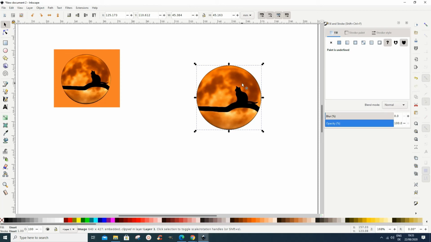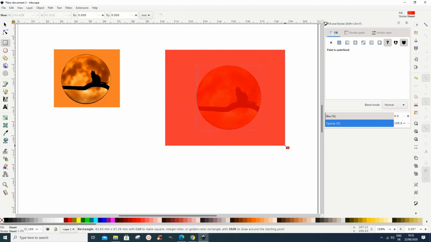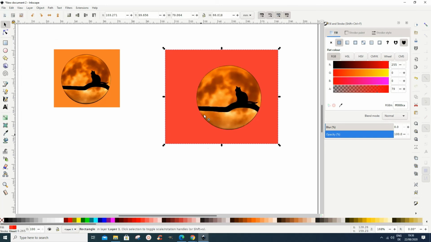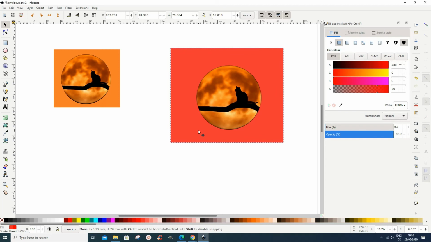So now what you want, if you want to put a different background like I did here, I used a different background. You can go, for example, for your rectangle tool. Let's say now this is the background we want to give, for example. Then let's go for our selection tool and then you move it down. So this is how you can change the background of